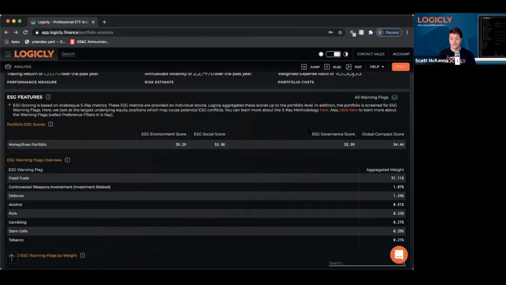Same thing with the factor ETFs, right? If you're talking about value ETFs, pull it through the portfolio analysis, make sure that it actually has a high sensitivity to value. Sometimes you might find that it doesn't. So always want to validate using third party.